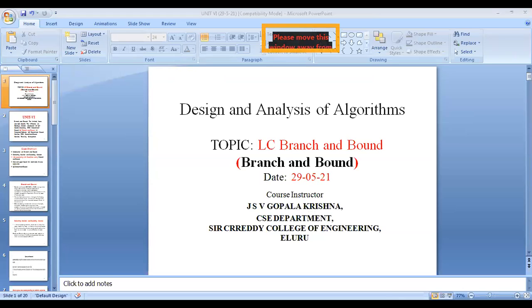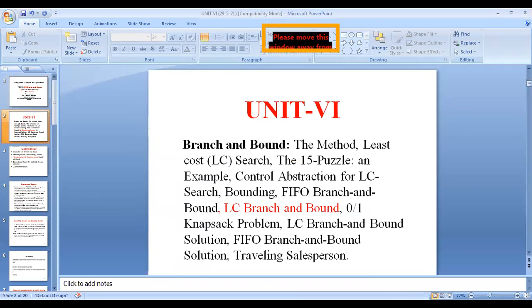Okay, in today's class, we will discuss LC branch and bound, least cost branch and bound. This is a technique in branch and bound in our chapter 6. So, in our chapter 6, the branch and bound,